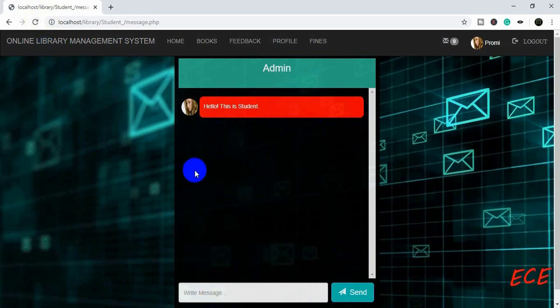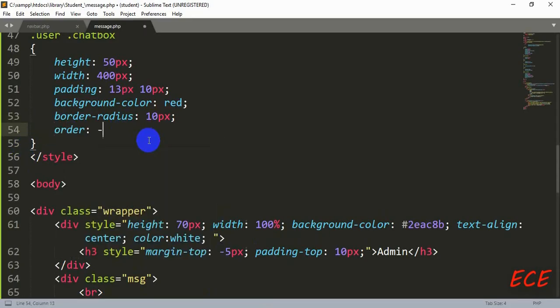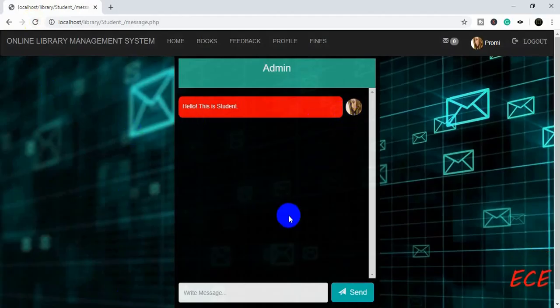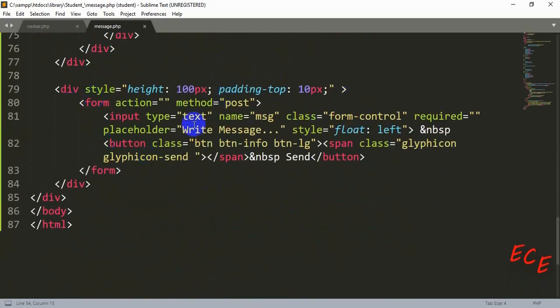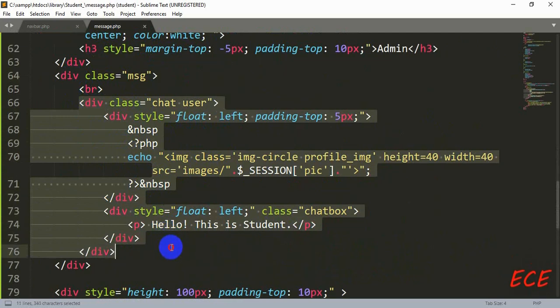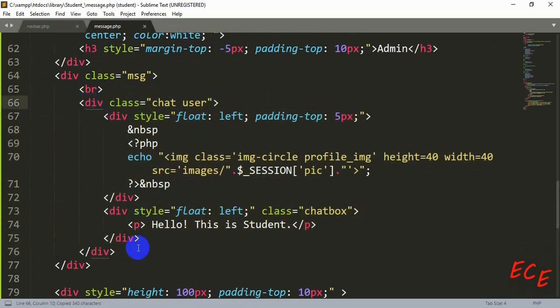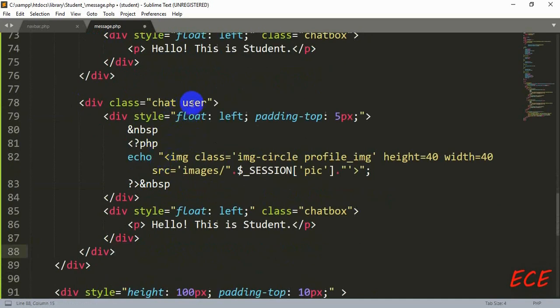So now what we can do is we can change the order to -1, and you will see that from this side we can understand that the student is sending this message. And now we will go to this part, copy this part, and make this same thing for our admin side also, so that we can see the admin's message. And here let's change the user class to admin class,